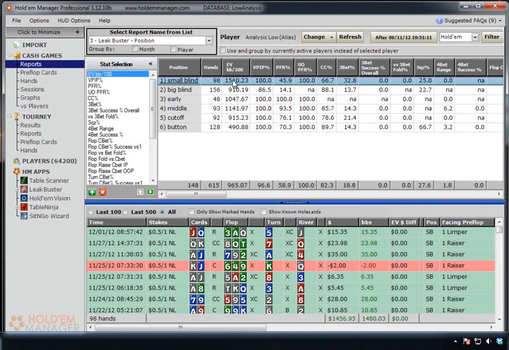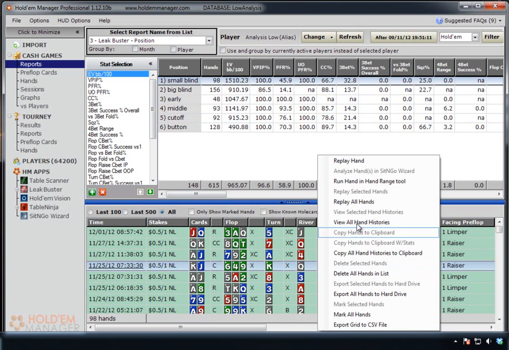And since most of you guys are going to be sending me large databases, you have to do this by position. If you try to export, it's probably anywhere close to 100,000 hands, you're going to get a timeout error, and so it's better just to do this by position. Now I don't have very many hands here, and so what you do is you just highlight it by position. Instead of last 100, you select all, and then over here you right click and you select Export All Hands